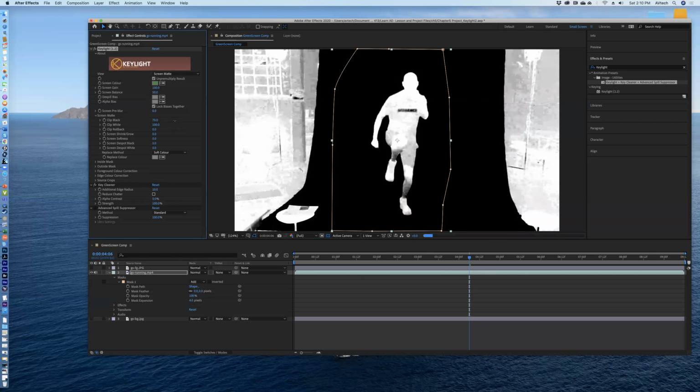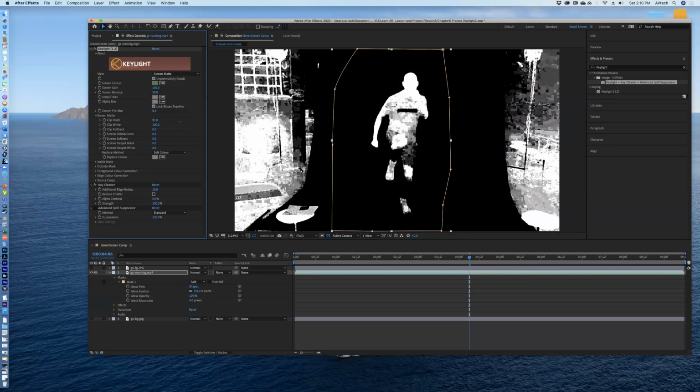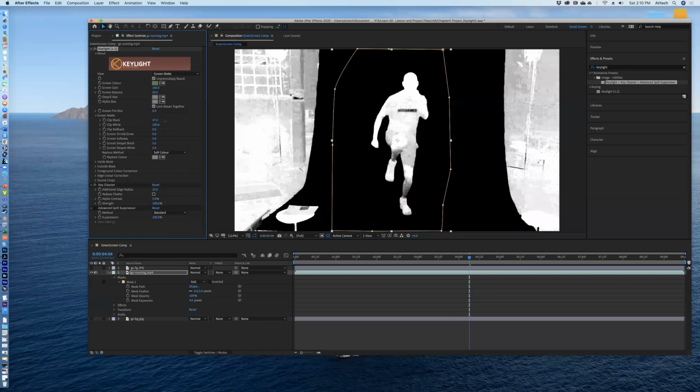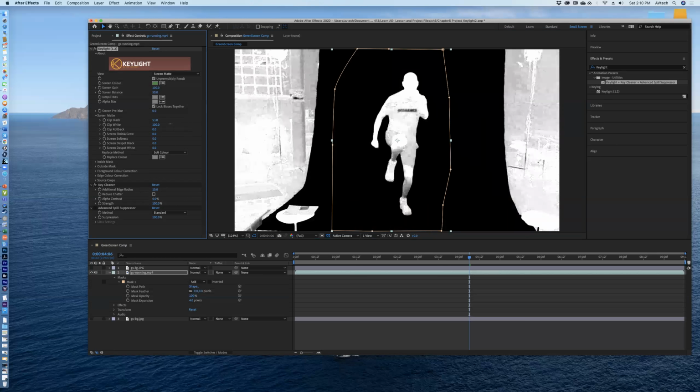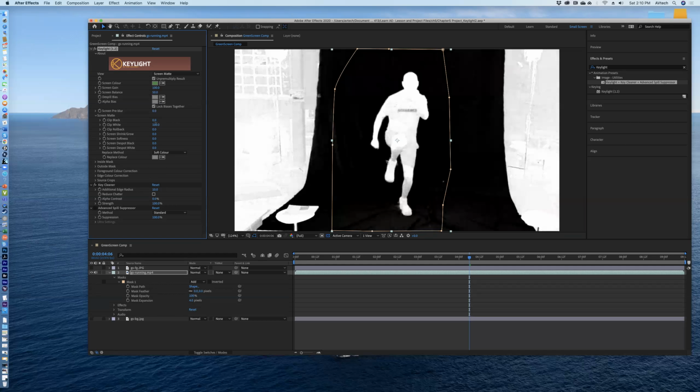So see how as I'm scrubbing, that's getting blacker, right? And we already said whatever's black is going to be gone. So we know we don't really want that because that would take out our character. So we actually want to go the opposite direction to take out more of those blacks or more of those grays. I'm going to go back to 0, which is where I started. I still have some of those grays. So I'm particularly focusing on the clip black, right? And so when I go the opposite direction,